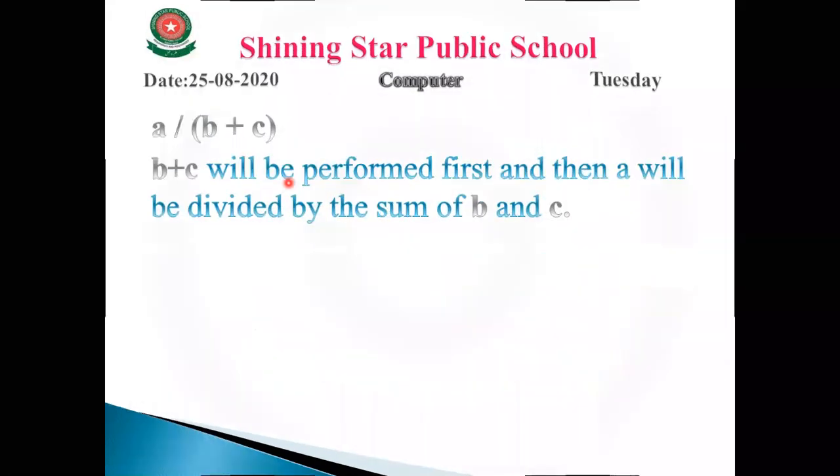Now let's suppose we have A divided by B plus C. Whenever we have a bracket in mathematics, it doesn't matter what plus, minus, multiply, or divide is inside the bracket.